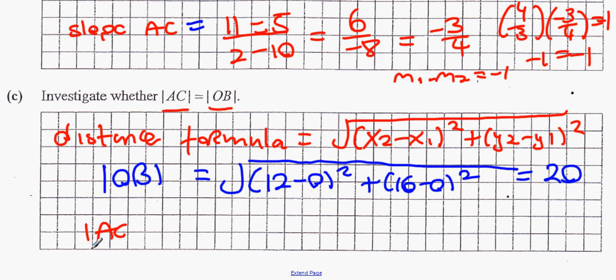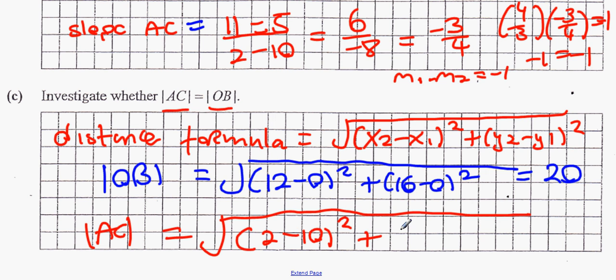And AC is the square root of 2 minus 10 squared plus 2 minus 10 squared, 11 minus 5 squared plus 11 minus 5 squared, straight into the calculator with it. So it'll be root, and that equals 10. So we know that no, they aren't the same size, so they're not the same